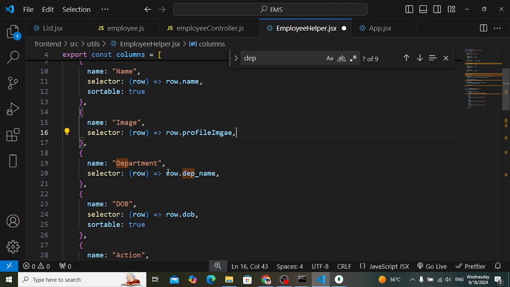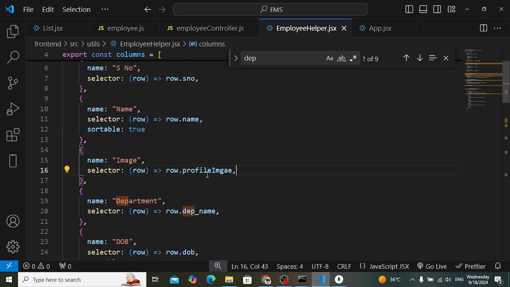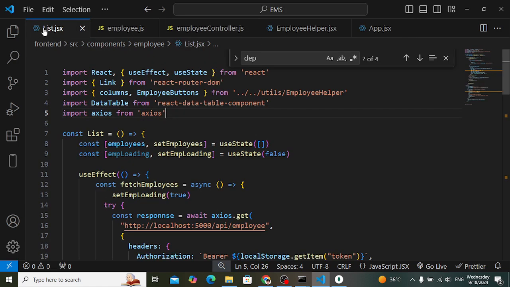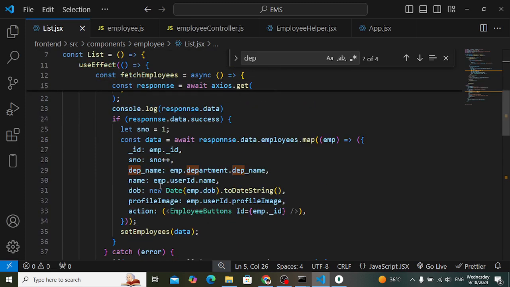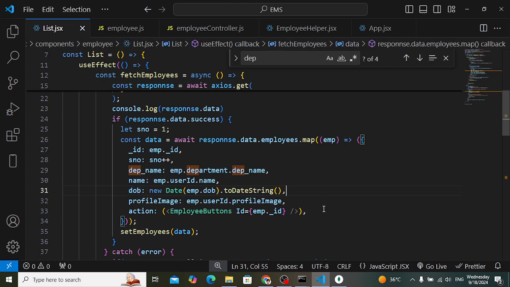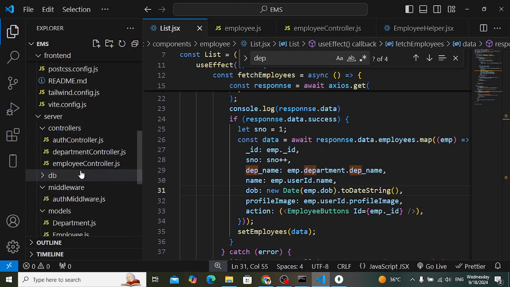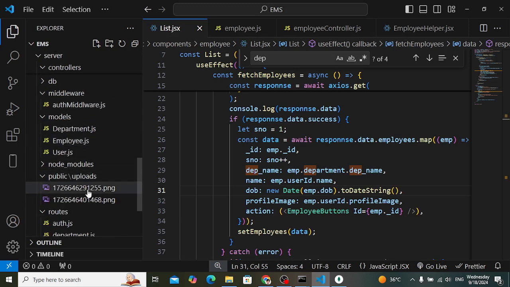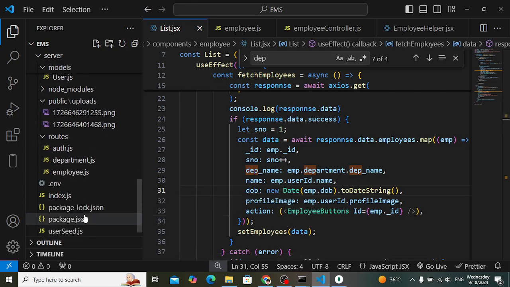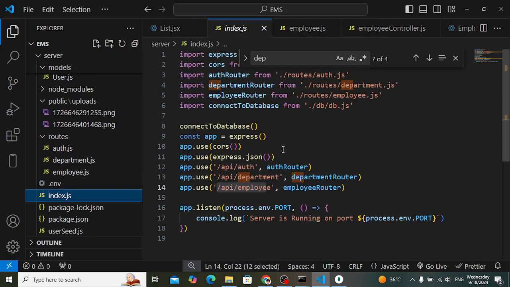That is okay. So now let's display the image. To display the image, come back here, name, image, come here to the image. First of all, let's check whether we uploaded the image to the public folder or not. Yeah, we have these two images. To access these images from the server side, let's move to the index.js file first of all. In the index here I will specify